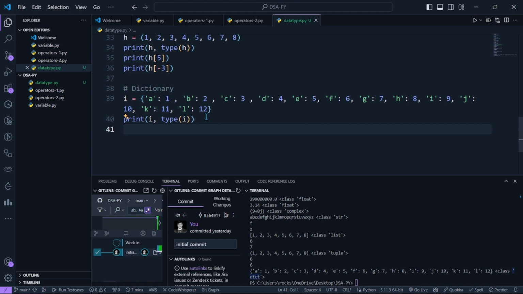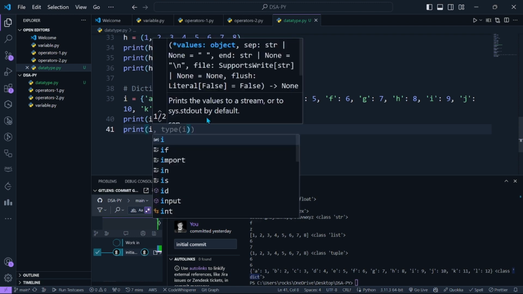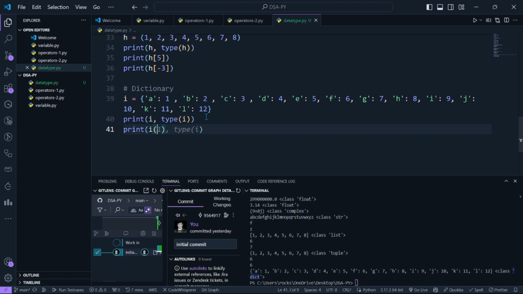Okay, so how can we access the value of a member inside this dictionary? For that we have to use the key. So let's suppose I am trying to get the value of e. For that I have to just pass this e, and